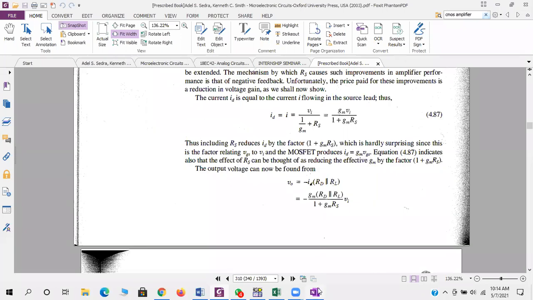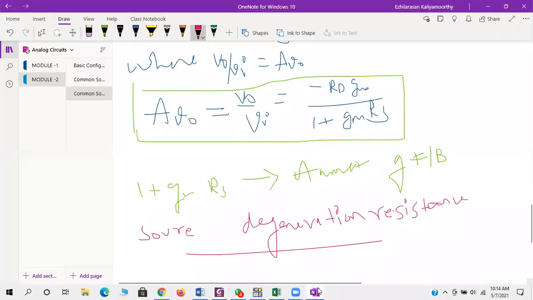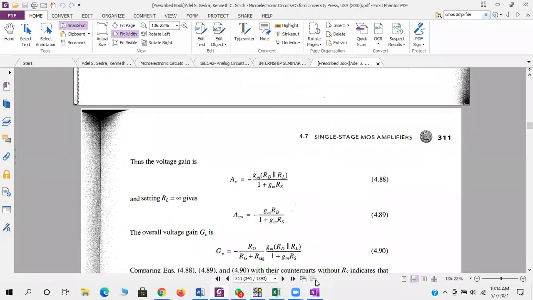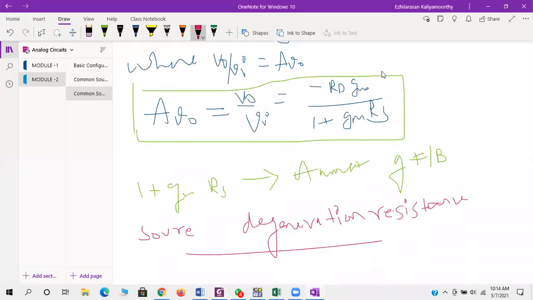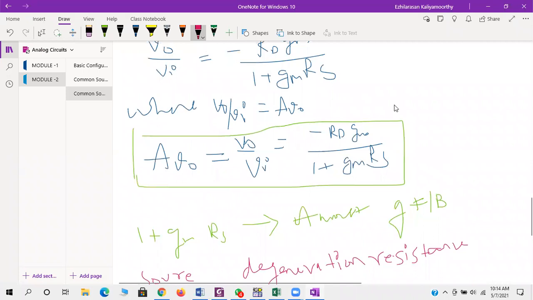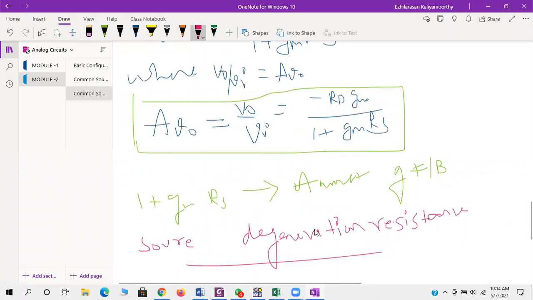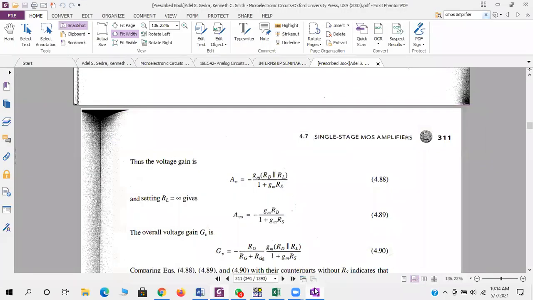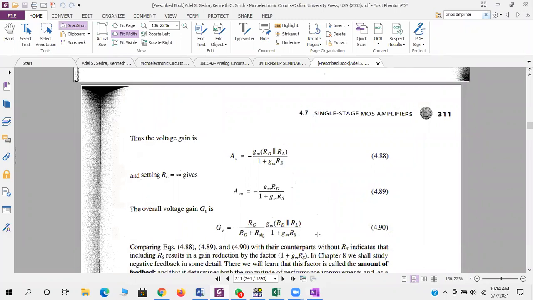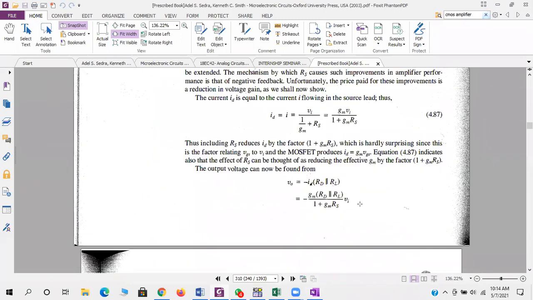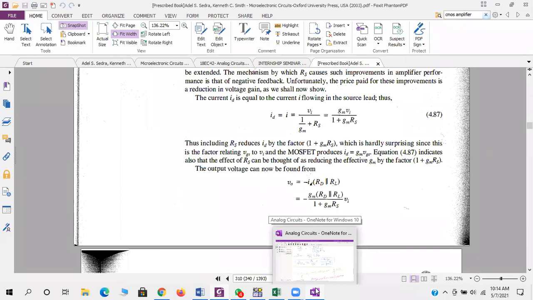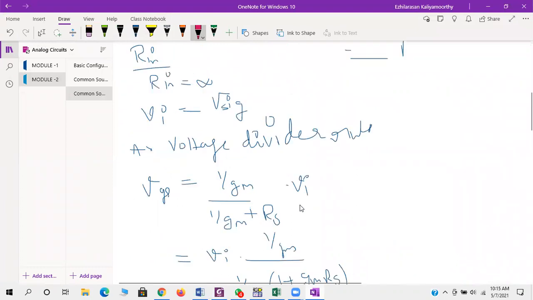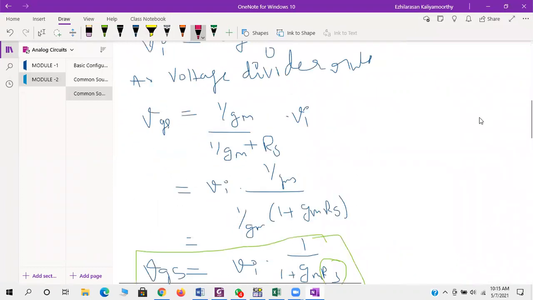Now we got the AV naught, right? This is the AV naught we got, but without consideration of RL actually. So if you are considering the RL, how will it be? Very simple, I can say the RD will be in parallel with the RL. Like here, V naught is equal to ID RD, we said. So in the diagram, RD. Now here what will happen? There will be one